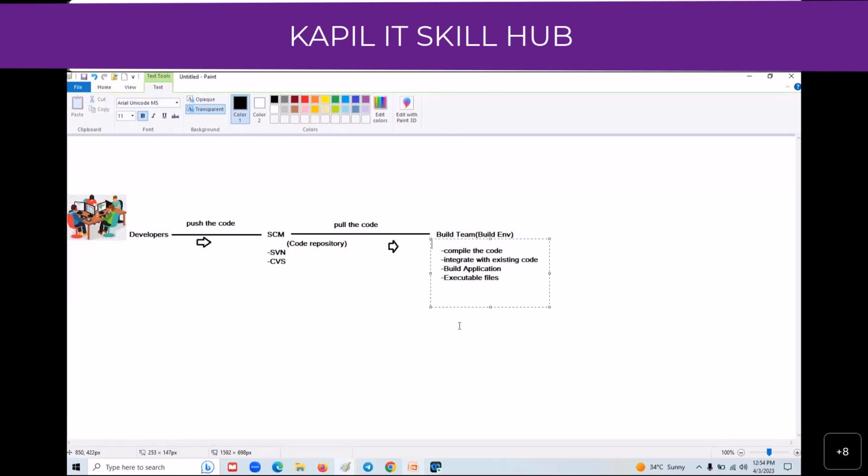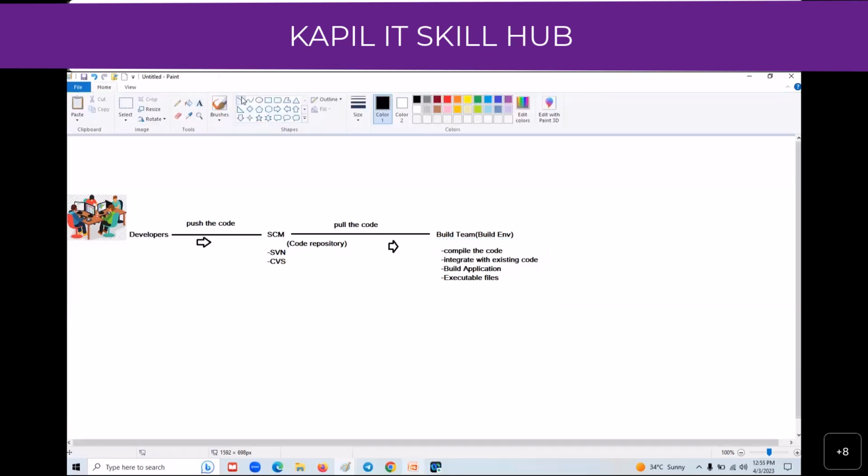In a project, thousands of files will be there. Every time they integrate with the existing application, they have to build your application, that means compile that code manually. So thousands of files have to be compiled manually. It is taking a lot of time. Am I right or not? So before implementation of that automation, these are all the problems we faced.